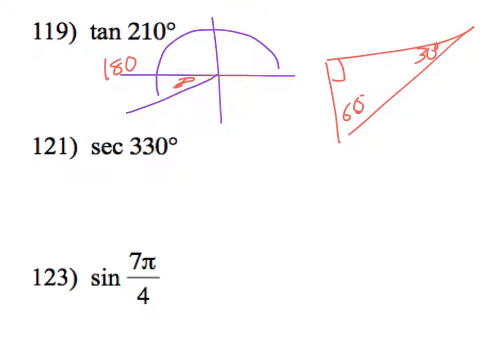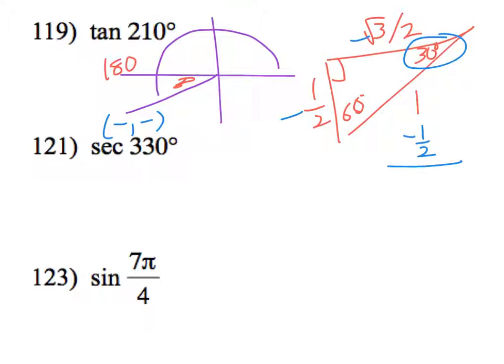And I know that 30's got to have a 1/2, 60's got to have a root 3 over 2, and my hypotenuse is 1. Tangent of that is going to be 1/2 divided by root 3 over 2, and because both of these would be negative down here, because that's the third quadrant, we'd end up with negative 1/2 divided by the negative root 3 over 2, which is